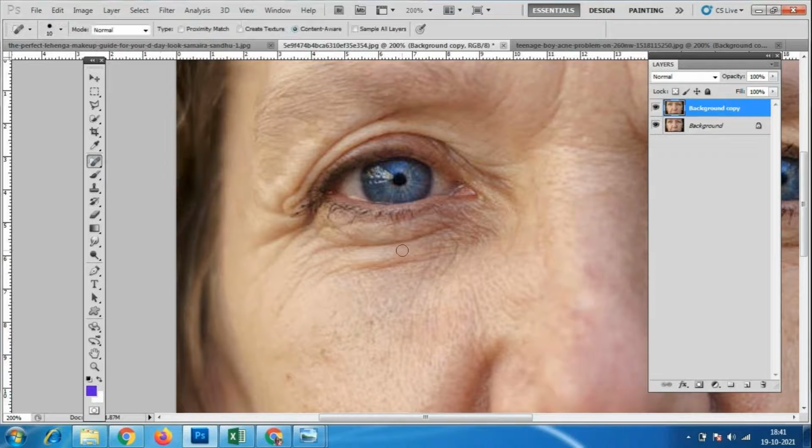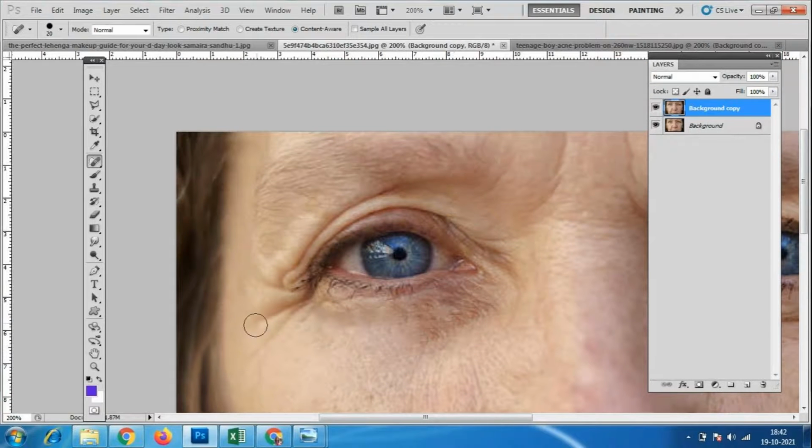Still, we will work with the spot healing brush tool. You have to work slowly, only on necessary things. We cannot make her young, and only the necessary things we can remove. See here the lines. We have to remove the lines only wherever necessary.